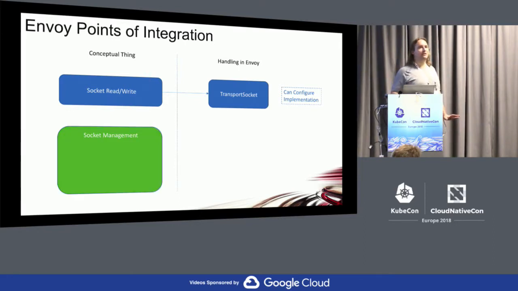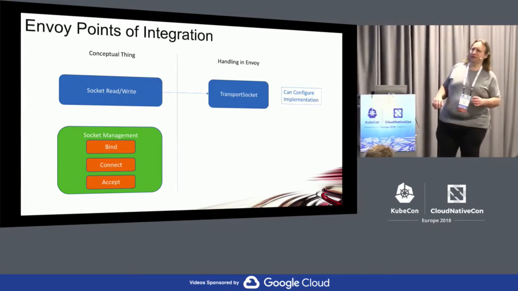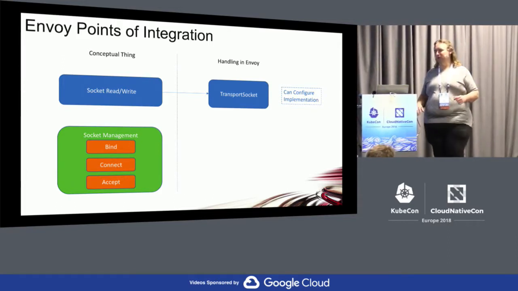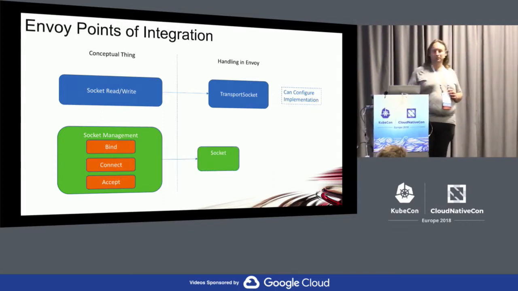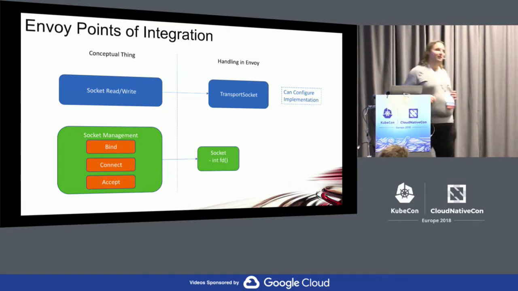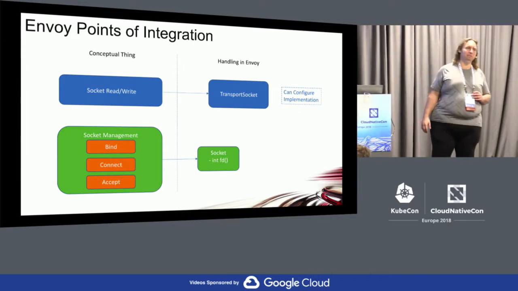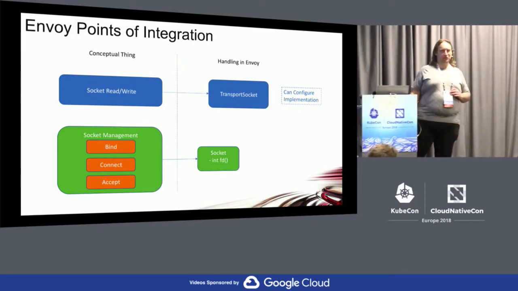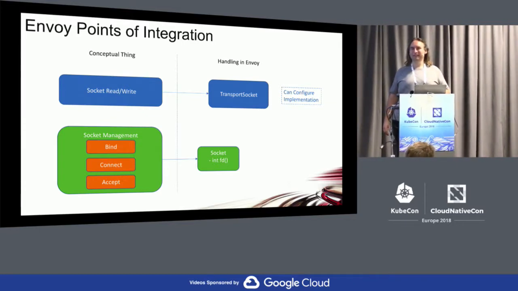But then you get a whole set of things around socket management. There's bind, connect, accept, God save us from the socket ops and the IOCTLs, all these sorts of things. And in this space, they have a socket object in Envoy, but unfortunately, a prominent method in the socket object is a method that returns the file descriptor, and much evil ensues, because yes. Does it ever check that it's a real Linux file descriptor? Not that I'm aware of, but